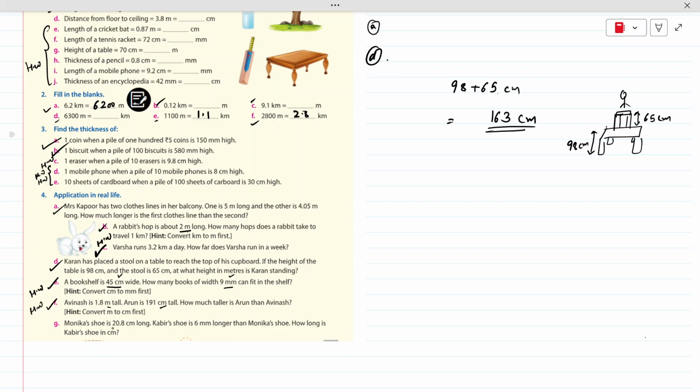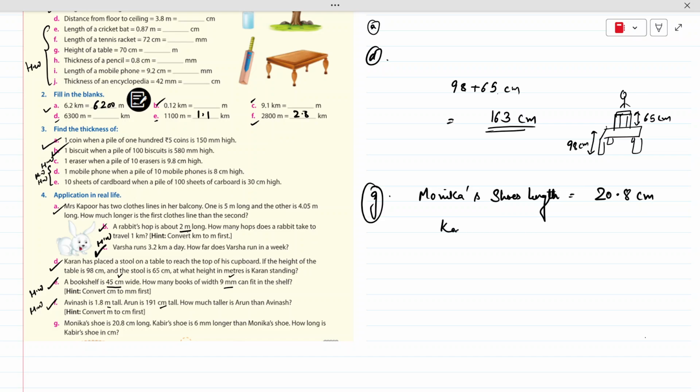Last one, Monica's shoe is 20.8 centimeters long. Kabir's shoe is 6 millimeters longer than Monica's shoe. How long is Kabir's shoe in centimeters? Okay, let's pick question number G. It says Monica's shoe length is 20.8 centimeters long